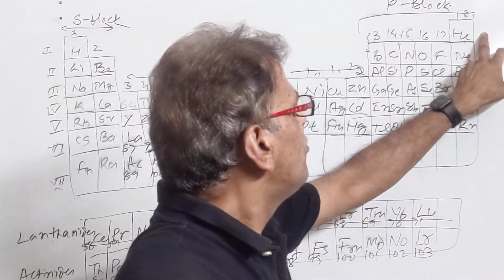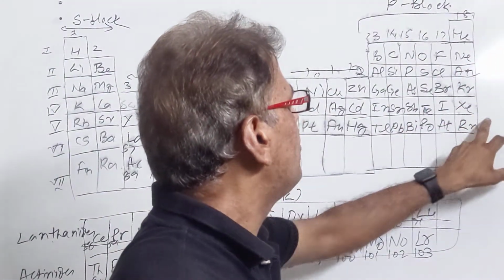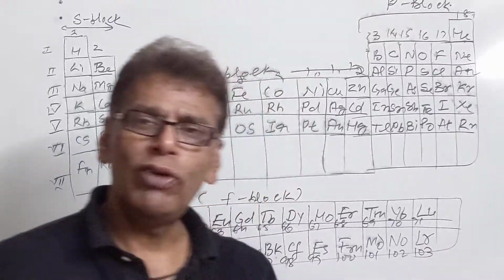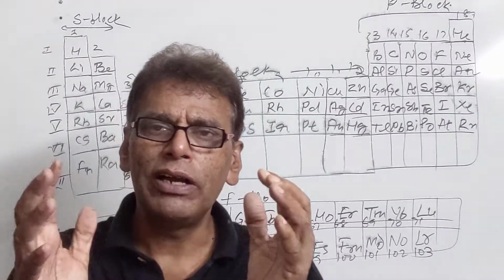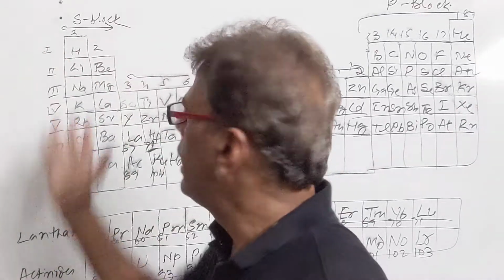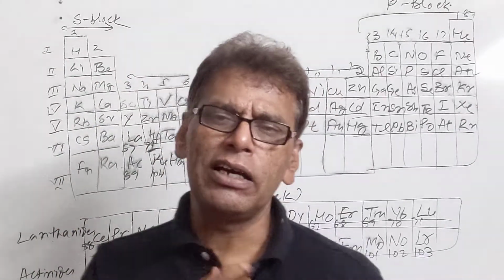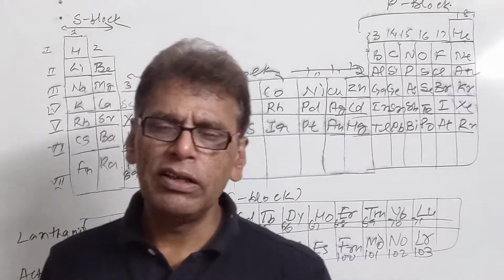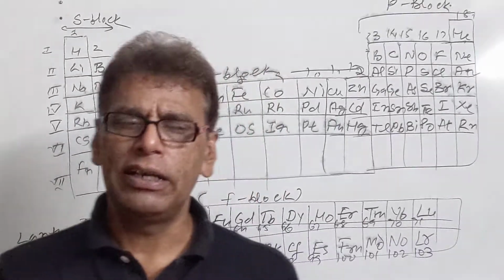It has only 1 cell, 2 cells, 3 cells, 4 cells, 5 cells, 6 cells, 7 cells. So when the number of cells is increasing, definitely the atomic size will increase. So when we move top to bottom in any group, the number of cells continuously increases, and therefore the size of the element increases.